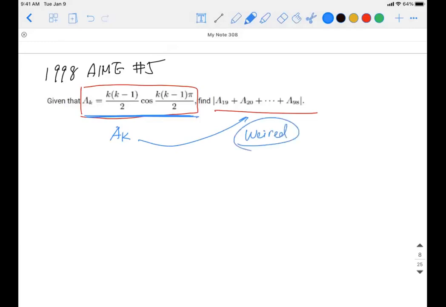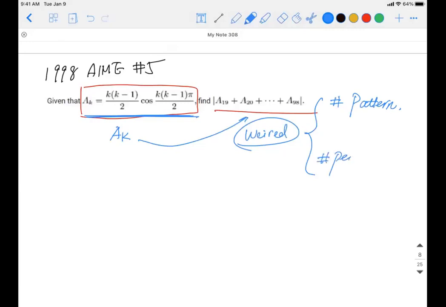Still remember, as long as you see a weird expression, a_19 all the way to a_98, there's no way for you to calculate one by one and put them together. Still remember what we keep talking about for all our lectures: there are only two ways to solve it. Either there will be a pattern, some easy peasy pattern you can easily get,